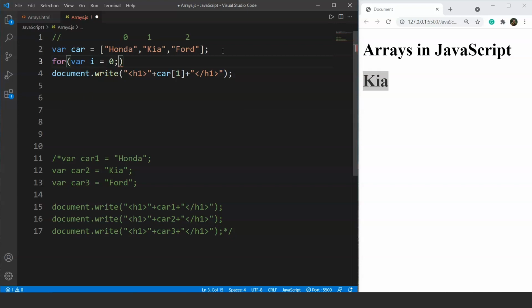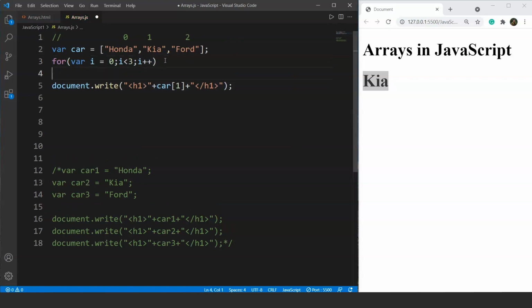And then we'll give the condition. The condition will be i less than 3, because we know there are 3 values only and it will go till 2 only because it's going for the index value, and the final condition will be i plus plus. Here we'll use the curly braces because this is the syntax for the loop, and the i value will iterate through the array and print all the values present at indexes till the index 2. The same thing goes for 100 elements as well. We can use the for loop to access all the 100 elements in separate lines.